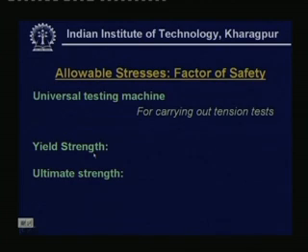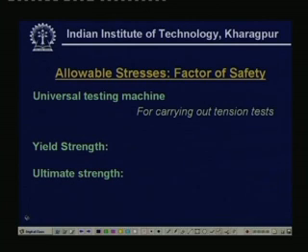By now you already know how a material is tested, say for a tension test in a universal testing machine. These universal testing machines are used for testing of materials, and there we get the yield strength of the material, the ultimate strength of the material and the ultimate fracture point. Just to have a very quick recapitulation, just remember that we had